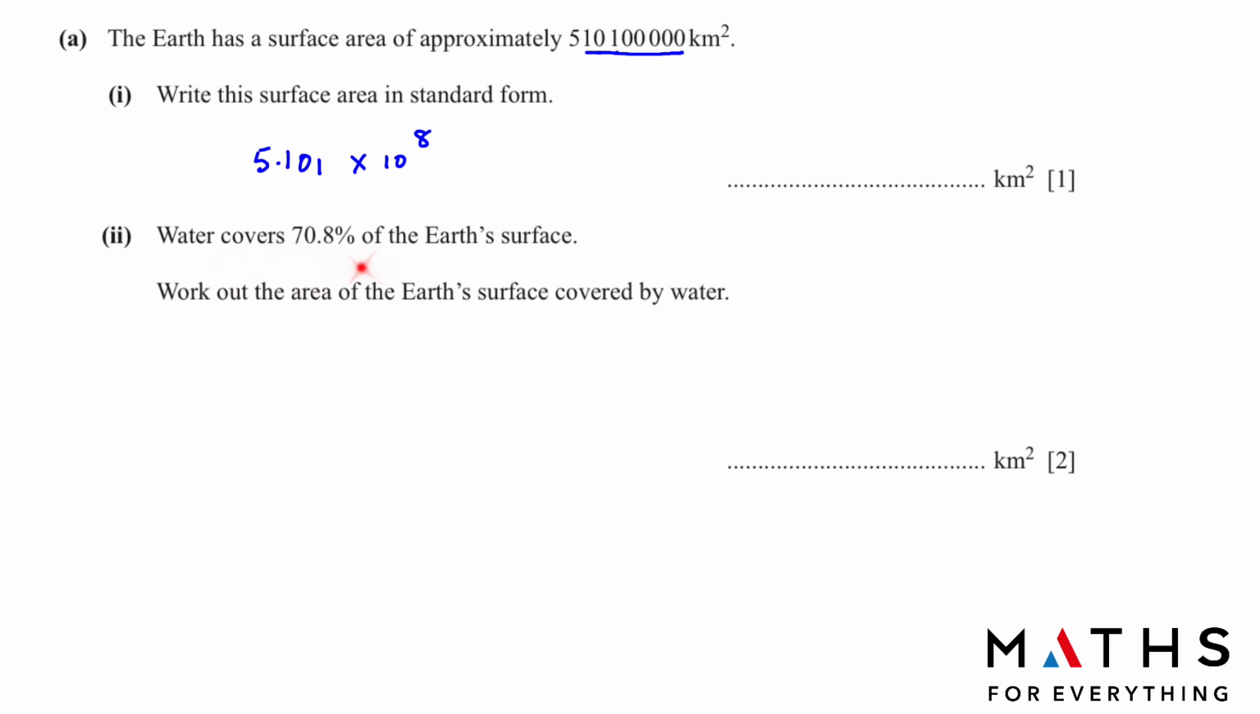Second, water covers 70.8% of the Earth's surface. Work out the area of the Earth's surface covered by water. So 70.8% of the Earth's surface, the area which has been given to us here. You can write the whole thing in the calculator. Percentage means divide by 100. I'll show you another way also, but this is the simplest way. When you do this, you will get